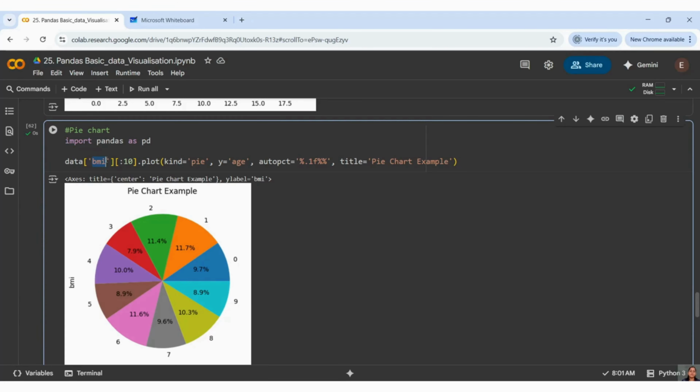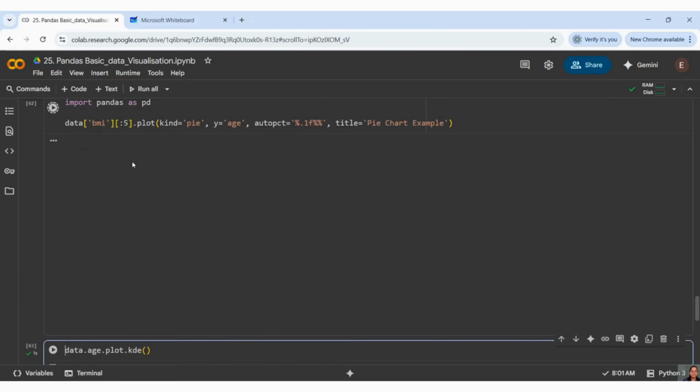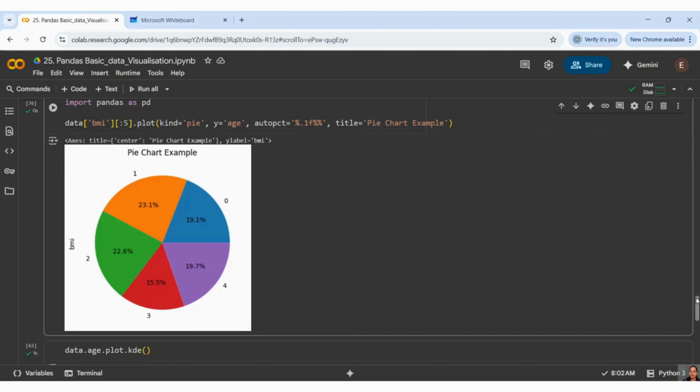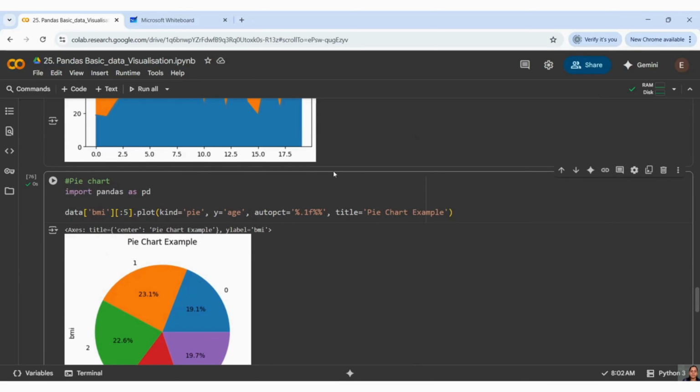Here, as I don't have that small data set, I have taken just 10 data points, or let me better take 5, it will be easier, right? So here I'm saying I want the BMI data for ages, and it will take just the top 5 ages from that age list which we have. Let me just see how many ages and how many unique BMIs are here.